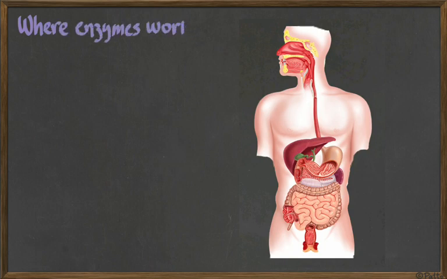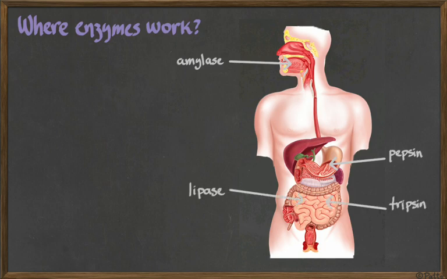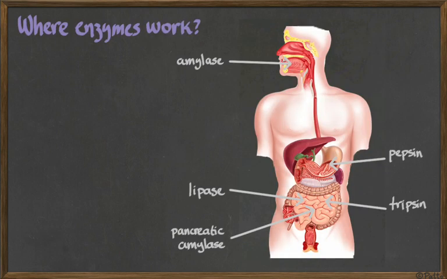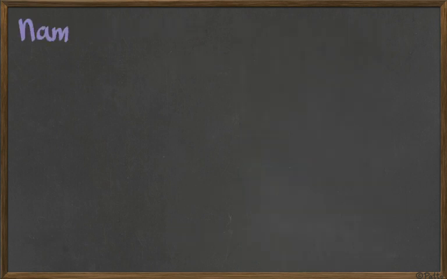Okay. Where they're going to be working: amylase works over there, pepsin in the stomach, lipase in the small intestine, but you have another enzyme called trypsin that works in the intestine, but is produced by the pancreas as well. You have pancreatic amylase that also works in the small intestine, produced by the pancreas as well. And we have other enzymes that are not in here. Even the small intestine produces its own enzymes. So some of the small intestine enzymes are produced in the pancreas and work in the small intestine, but some are produced by the small intestine itself. Okay, so just a few enzymes over there.